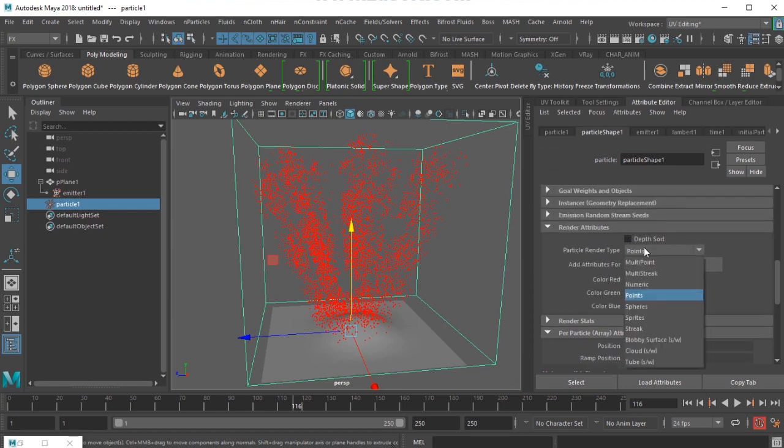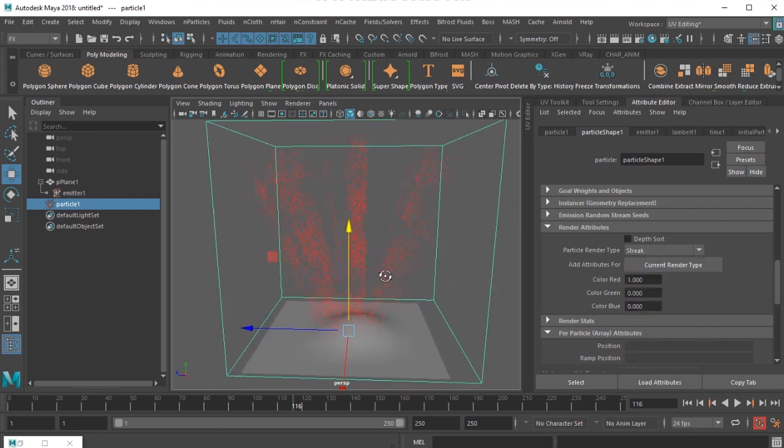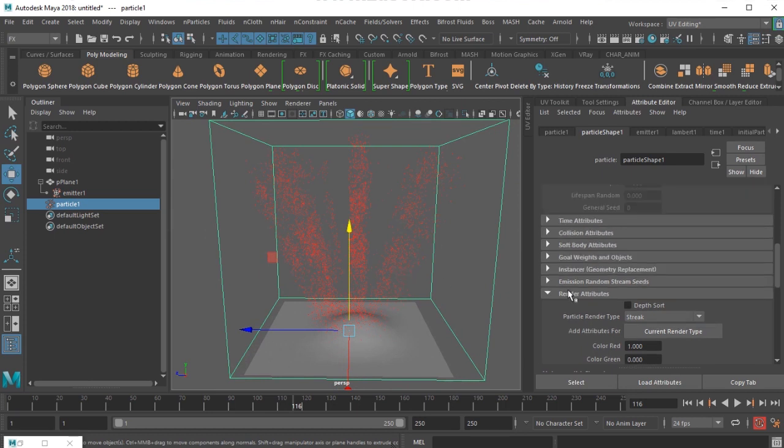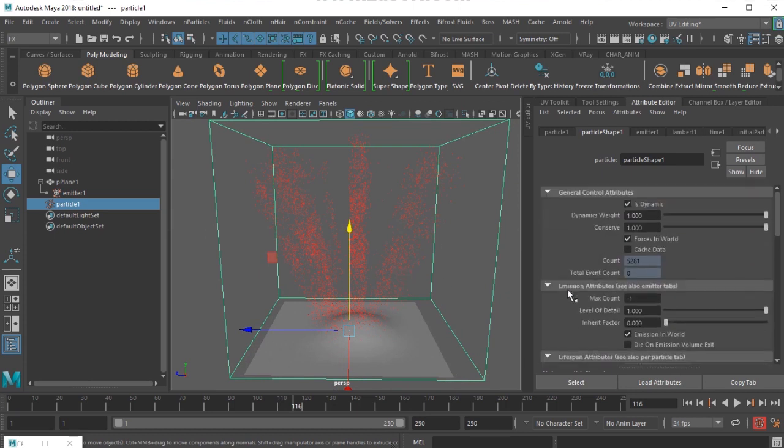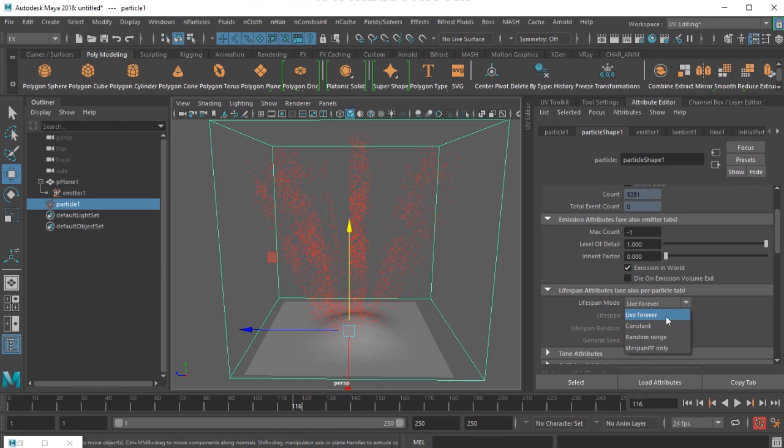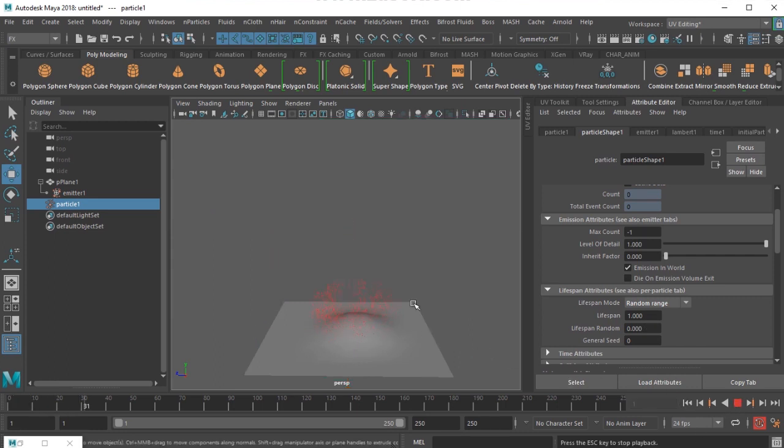So I select the particle and then change the particle type to streak. Okay, and I will change the particle lifespan mode to random range and then play it. Then you see the particles emit, and then after a particular point they stop.